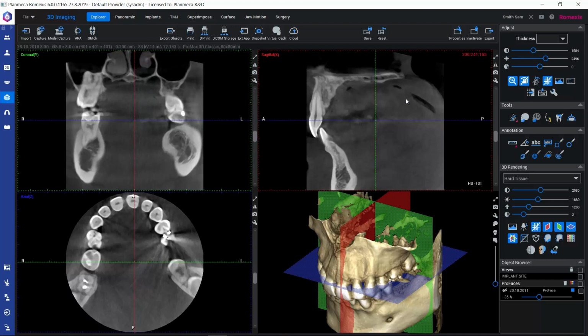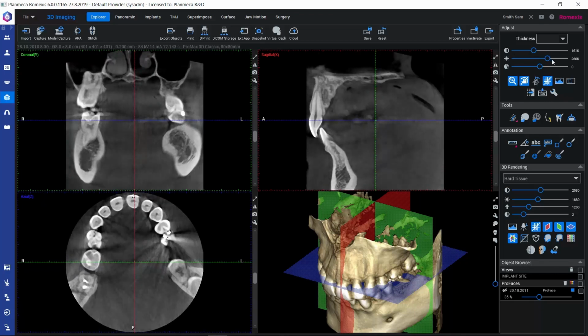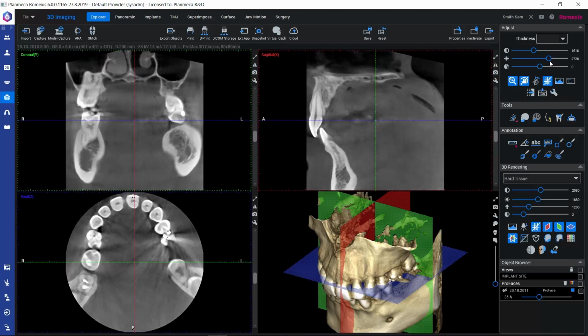What about adjusting the grayscale values then? We could always use these sliders here for adjusting contrast, brightness, and also sharpness. A slider is available here, so we could adjust the sharpness for the images. And then alternatively, if we would like to adjust the contrast and brightness as well as gamma for the images,